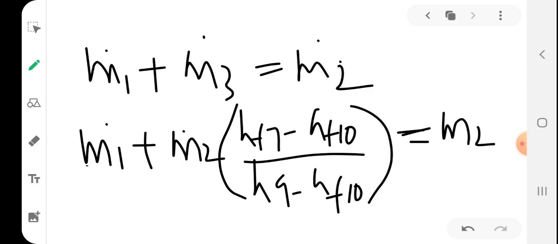So from this equation you will get the value of m2. If you rearrange, you can get the value of m2 if all these four enthalpies and the value of m1 are known. So that is how you solve